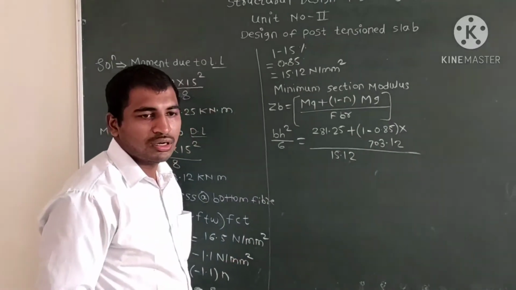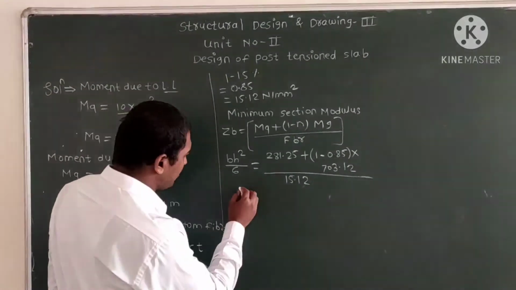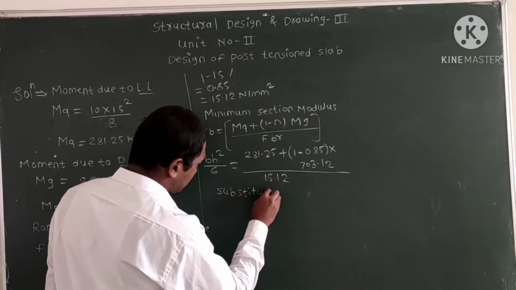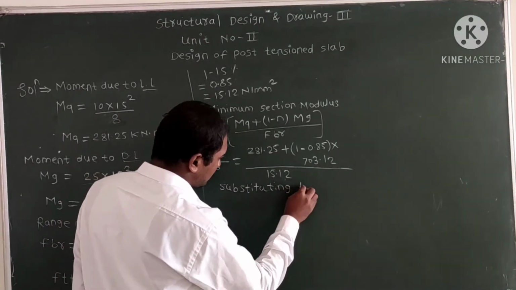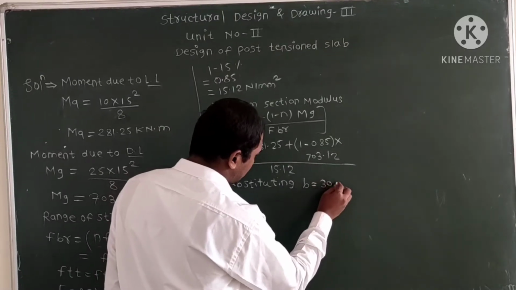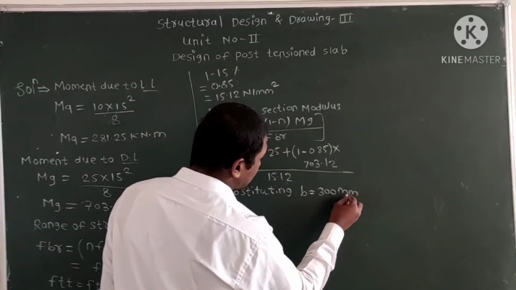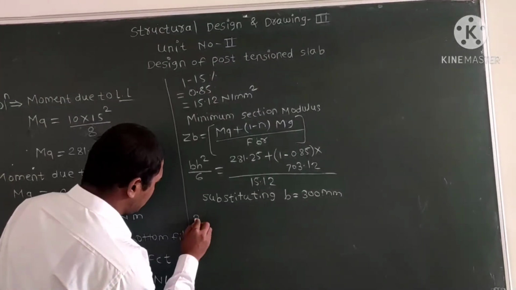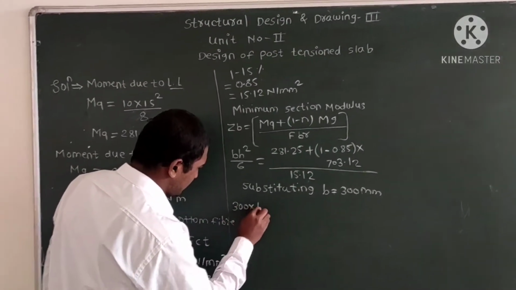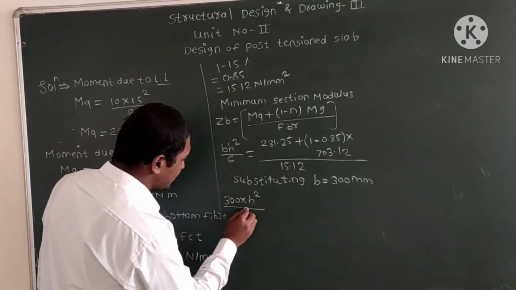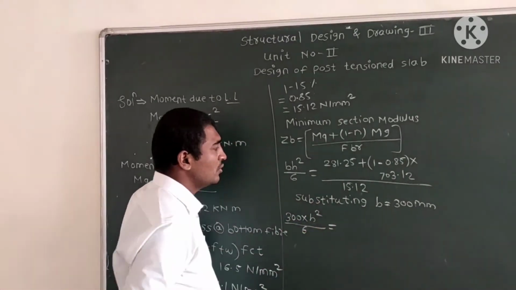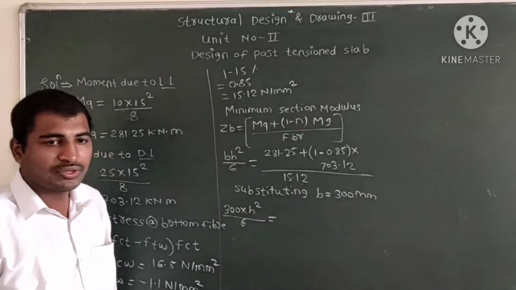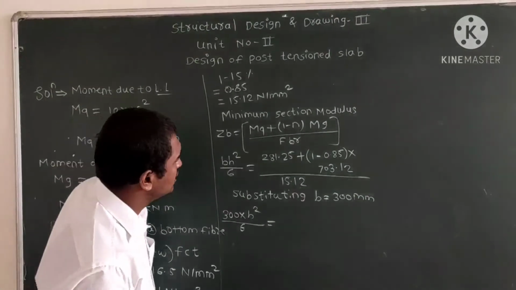Then substituting B equal to 300 mm, we get 300 into H square divided by 6 is equal to 281.25 into 10 raised to 6